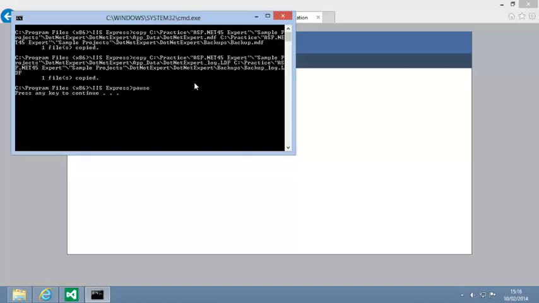You may find that the backup utility fails to copy the database and complains that the database is in use by another process. This may happen if you have not closed Visual Studio since working through Lesson 12.1. To fix the problem, simply close and reopen Visual Studio. Press any key now to close backupdatabase.bat